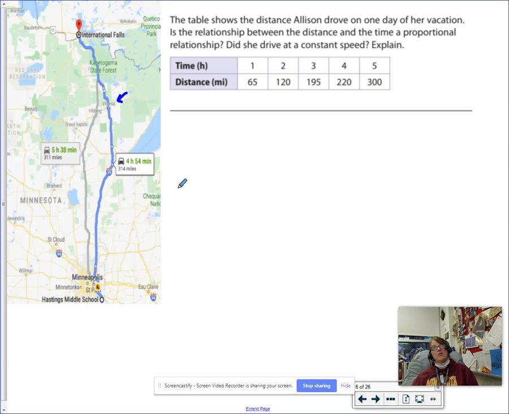And they're asking you, is the relationship between distance and time a proportional relationship? Please put X on that top row for time. Put Y for the distance, because we're really calculating her miles per hour, the unit rate, which is Y over X. I'll put the labels in there too, just to help you out. Miles per hour,